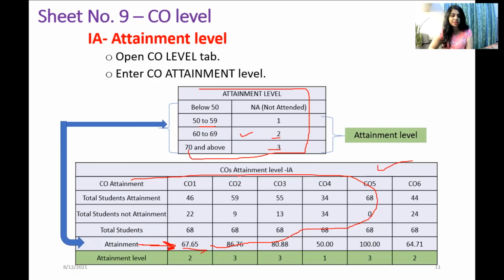Now see here, this is 64.71, again attainment is 2. Then 100. 100 means 70 and above, so it is level 3. So here enter 3. These entries you have to do manually; all the other entries will be fetched from the previous Excel sheets. This is for sheet number 9, CO level for internal assessment, IA.